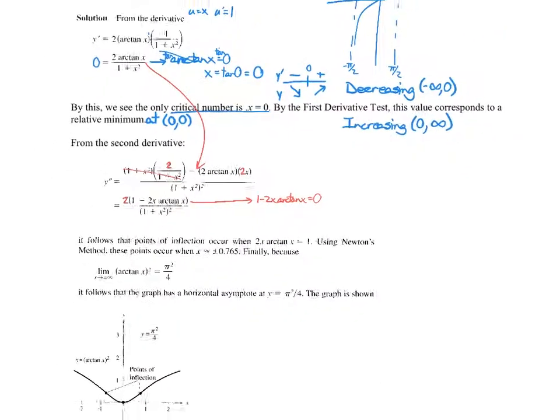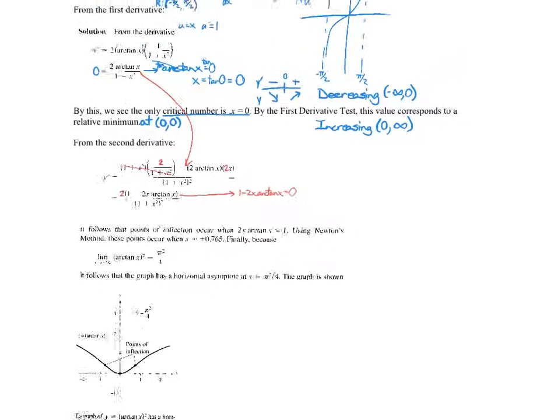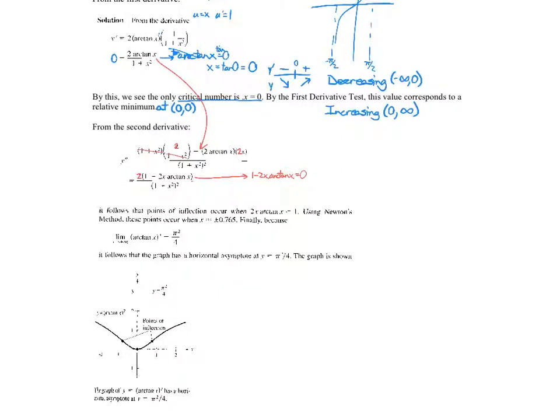And that means that we have what you see here, points of inflection. If you were to plug in 0.765, you would get this point here, and negative 0.765 would get you the other one. So those are your 2 points of inflection. Here's that minimum we found earlier at 0, 0. And then